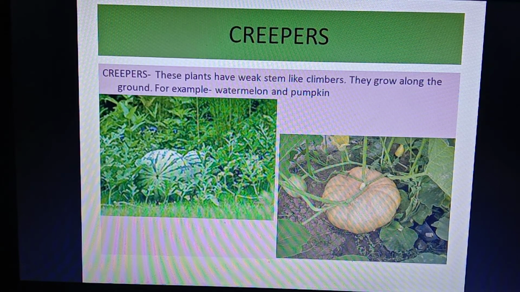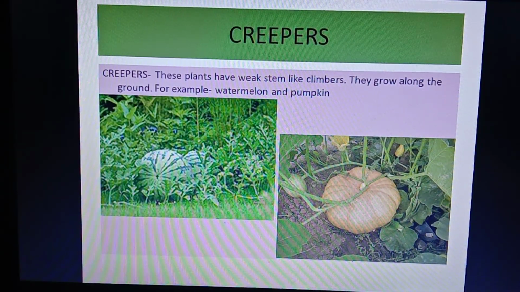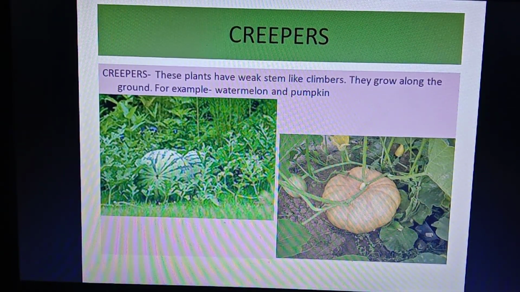You can see the picture of watermelon and pumpkin plants. These plants have weak stems, but the fruit is quite heavy. The pumpkin and the watermelon shown are heavy. These are vegetables which are quite heavy compared to the plants.